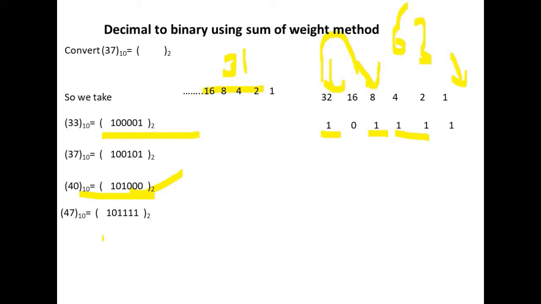So this is a very useful method to convert any decimal number into a binary number. Now we have got enough experience, and we can convert any decimal number into a binary number. So we can proceed for further conversion. Let us start the conversion of binary to octal.